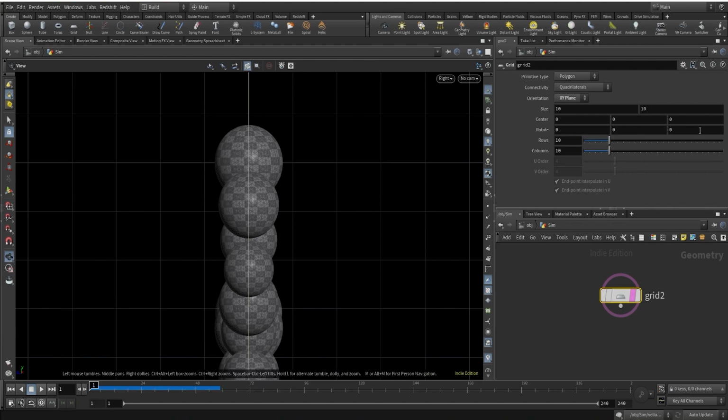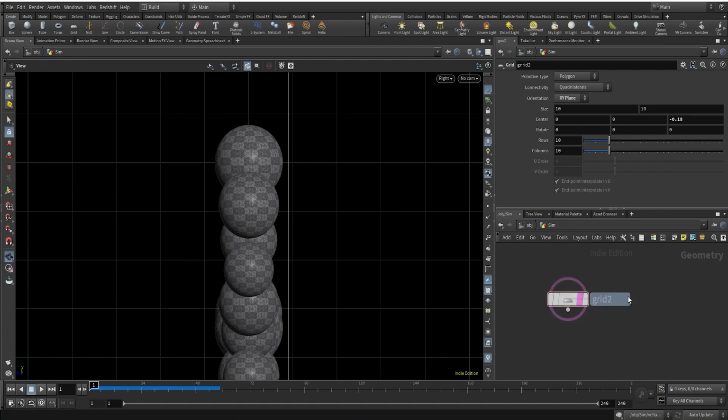I'll change the position of this grid to minus 0.18. And I'll create another one, but this time we want to move it by the same amount, but in the completely opposite direction. So 0.18. We'll merge them,